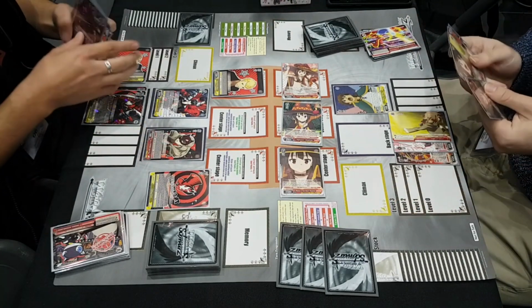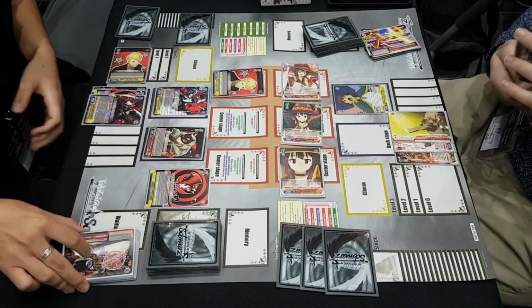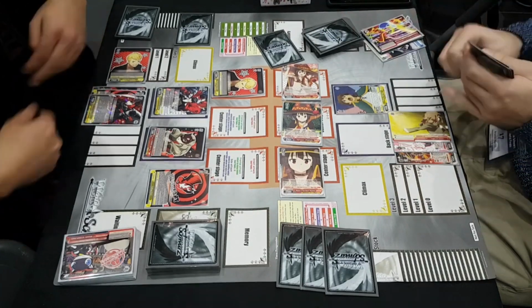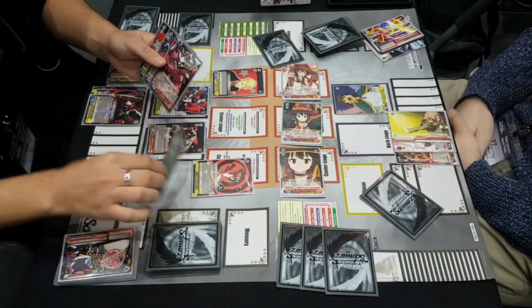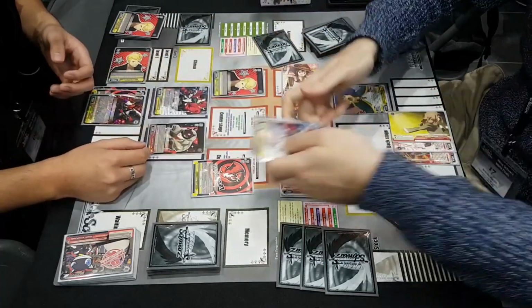Alright, he's using Calling Card. Calling Card is like one of the best cards in Persona 5. It has some of the best deck and field manipulation the set can have. It's probably one of the cards, if not one of the best cards in Persona 5, or what makes Persona 5 even worth playing. But in this case, it's a little bit tough for him,